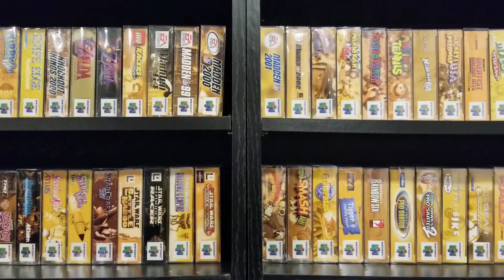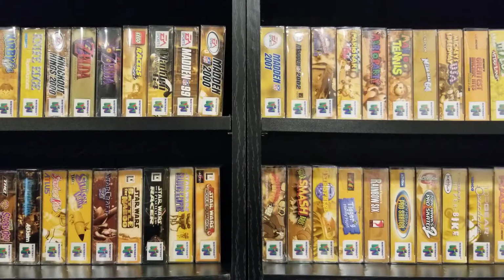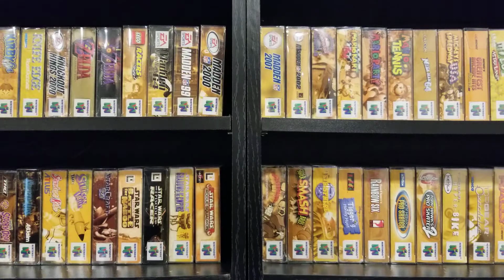Burnout. Gran Turismo 4. This one's pretty decent to get. Not complete, unfortunately, but the disc's not too bad. This is a pretty solid find. Liberty City Stories. Has a little bit of value. This one's kind of cool. It's not worth anything, especially in this state, but